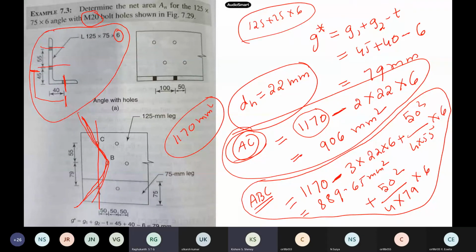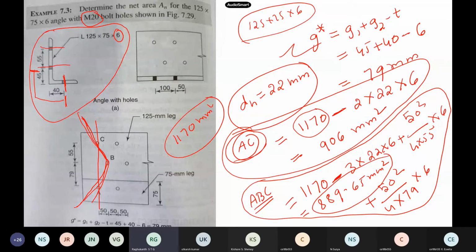Multiple paths, all different paths, you have to do several calculations, and whichever is the lowest, that is our failure pattern. So if you want to find out the design strength of this angle section, the net rupture strength, you should use this area. So that is 0.9 An Fu by gamma, right? So this comes into picture itself.